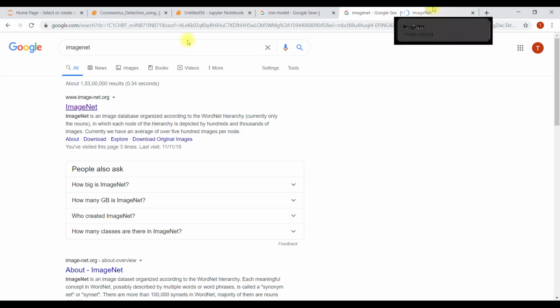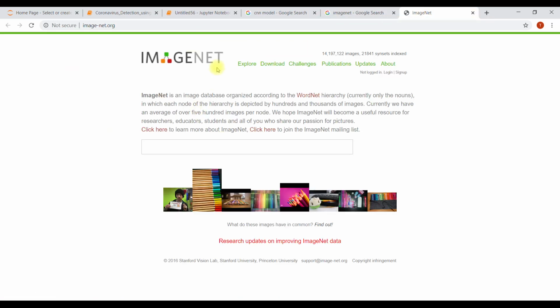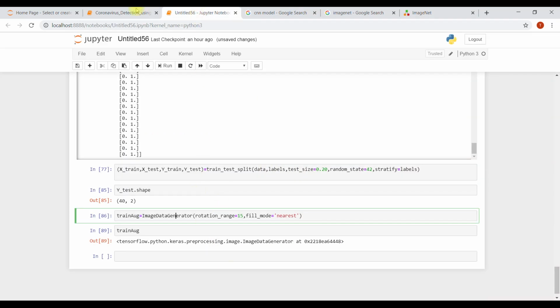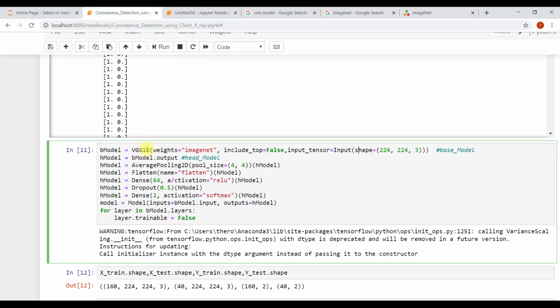They conduct competitions, and they have thousands of images of thousands of classes. A pre-trained model is a model that has already been trained on those images. So weights equals ImageNet.